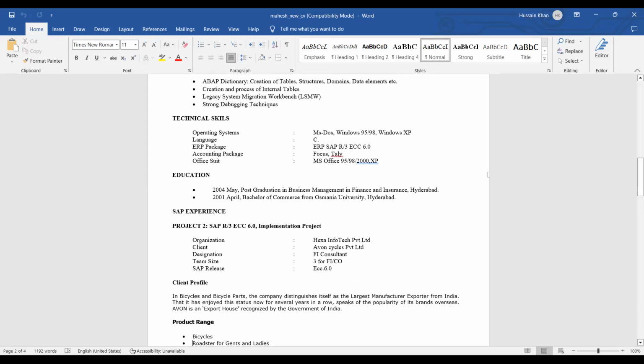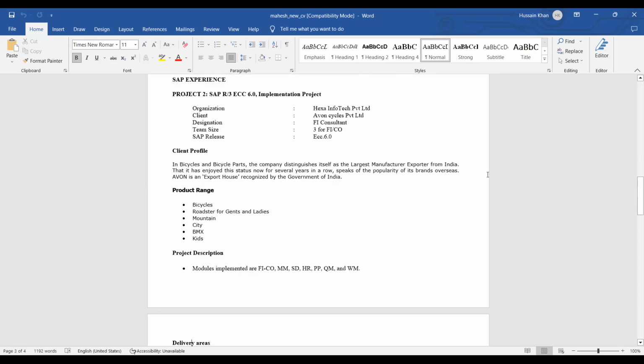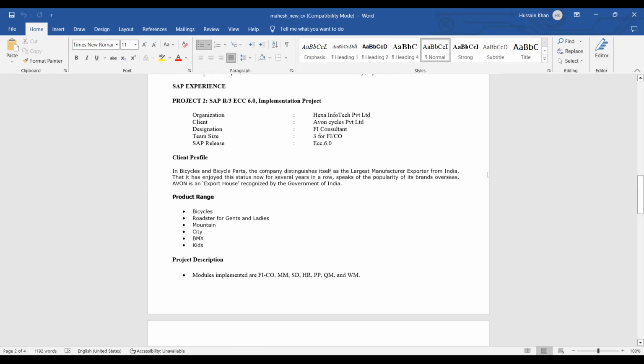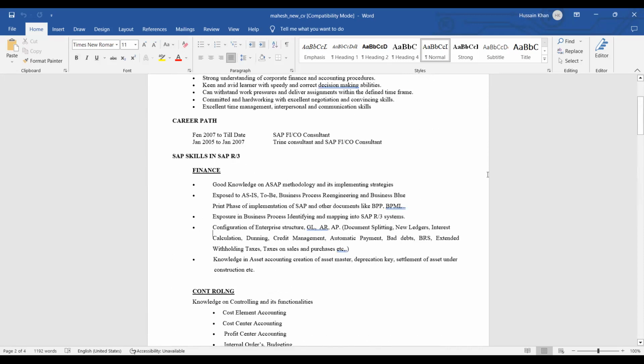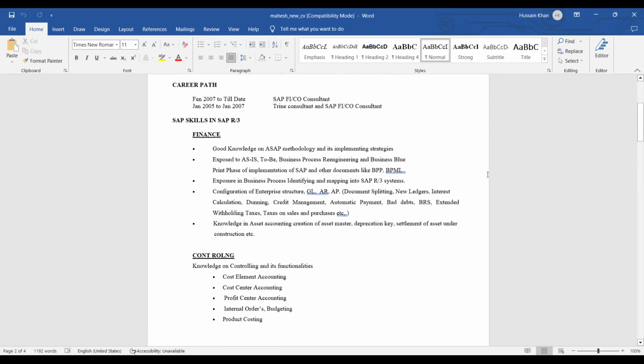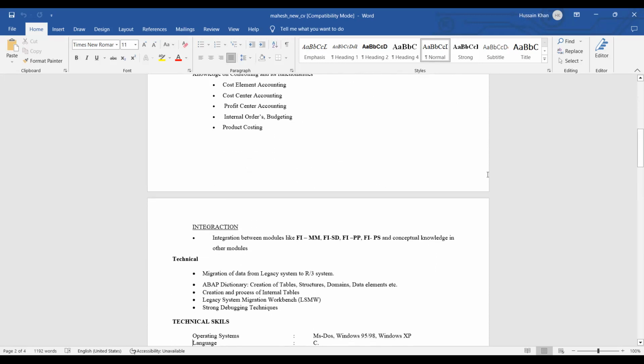Okay. Next, you can move on to the experience. So here you can see in the CV, because it is an experienced one, he has mentioned the companies which he has worked for, right? So you don't have to mention the companies because you are a fresher. So you can simply mention the product on the top, then your educational, your technical, your hobbies, like the general CV which you create.